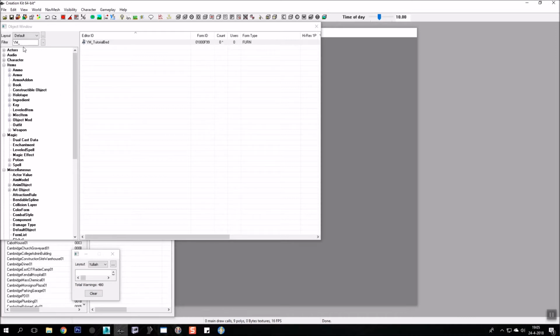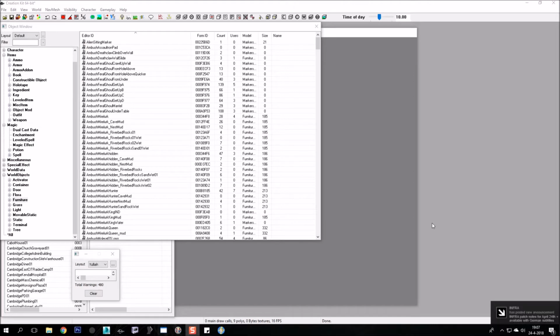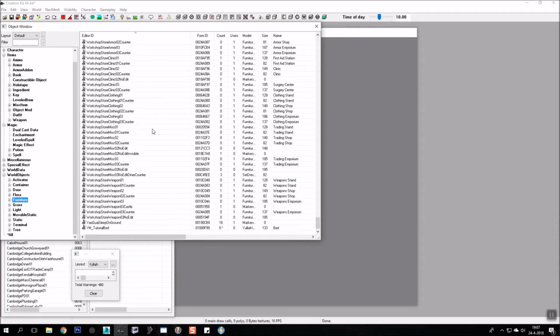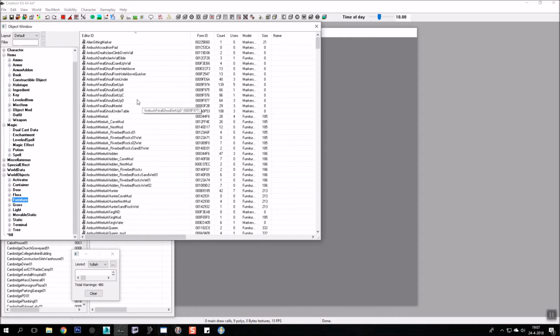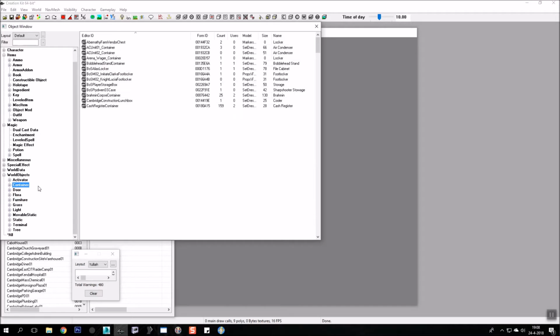I first want to go on to containers. By the way, if you want to manually search for a list of furniture, all you have to do is go to World Objects and then basically click once on furniture, and it will load the entire list. It's a long list, but it might help you find what you're looking for. Back to containers, same thing goes for that, only this time you click container,